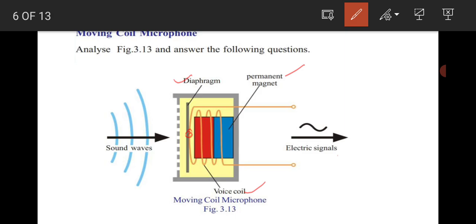Once again I am explaining: sound waves diaphragm വന്ന് തട്ടുമ്പോൾ എന്ത് സംഭവിക്കുന്നു? Diaphragm vibrate ചെയ്യുന്നു,